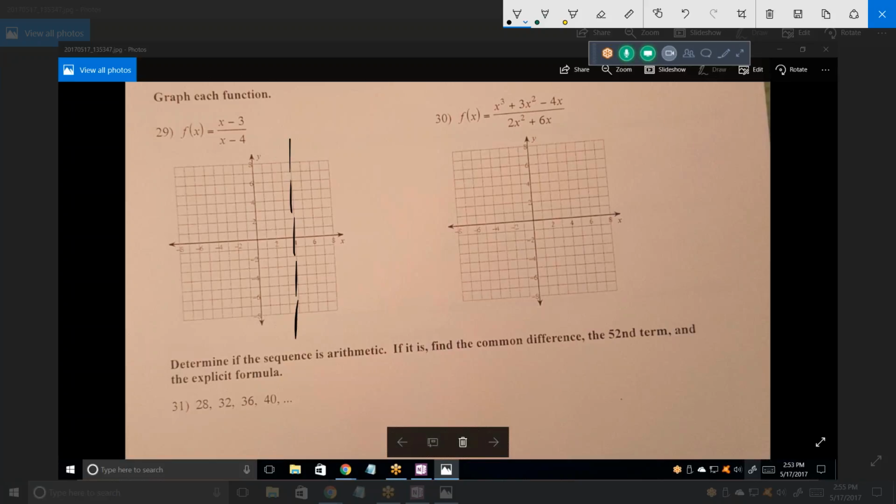All right. Where's the horizontal asymptote? This one would be 3. The horizontal asymptote, when the power of the numerator is the same as the power of the denominator, in other words, they're both 1, then the horizontal asymptote is the ratio of their coefficients, which is 1. So y equals 1. If I had this function over here,